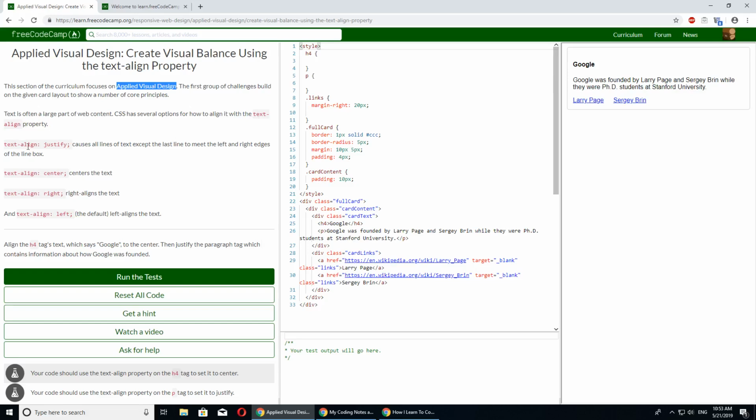Okay, so a new property. Text-align justify causes all lines of text except the last line to meet the left and right edges. Okay, I know this from Word. Text-align center, text-align right, and text-align left. Align the H4 tag's text, which says Google, to the center. H4, where is H4? Here it is. So I guess we do text-align